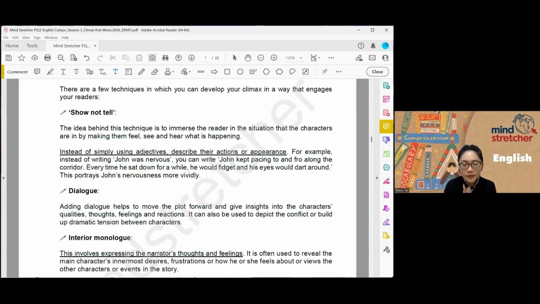When do we use show not tell? In moments where that character's emotion is very important for the story. Do you all hear me? Okay, let me give you an example. Let's say someone told a lie and he was very nervous. Okay, and let's say at the start of the story, he was just in school, talking to his friends happily. The topic is telling a lie.